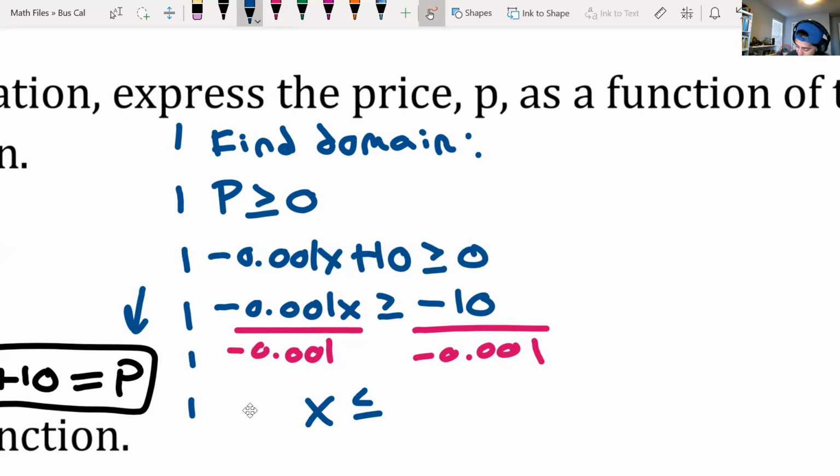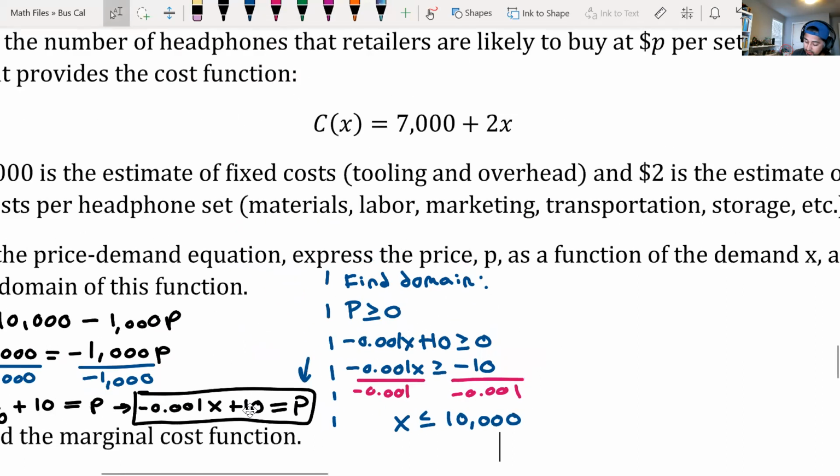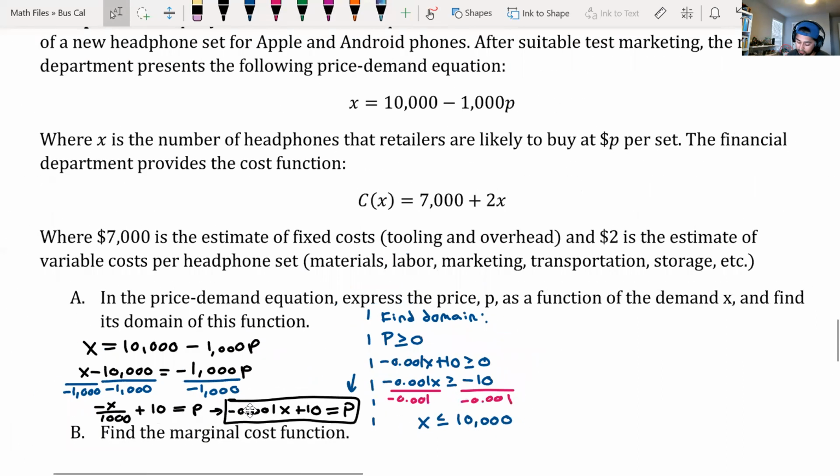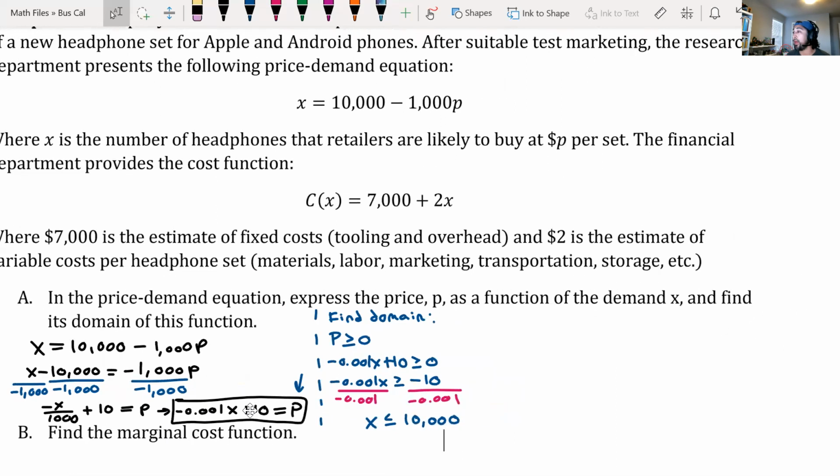0.001 should be 10,000. Okay. So now, to finish off the domain for this function, we know that we have to be above 0, but now we have to be less than what number? 10,000. So what this means is that our domain